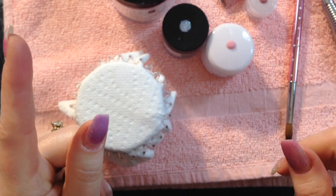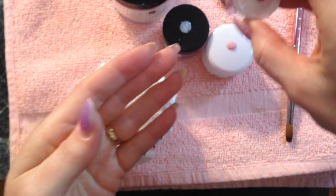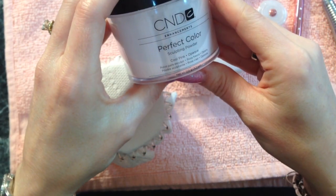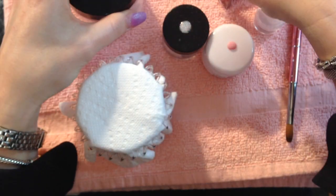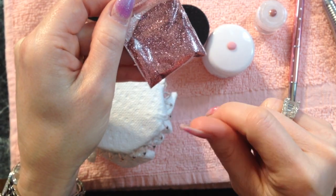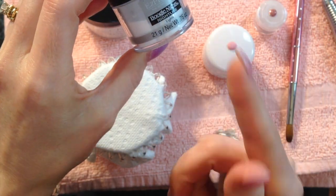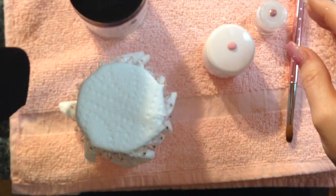Okay, so first, before we get started, I'm going to show you what I use to make my rose gold mix. So this is the color that we're going to do for the rose gold, and to get that, I mixed C&D's Perfect Pink Cool acrylic powder with like a 1/8 of a teaspoon of this bronzed salmon glitter, another 1/8 of a teaspoon of the Boogie Nights Life called Lights,